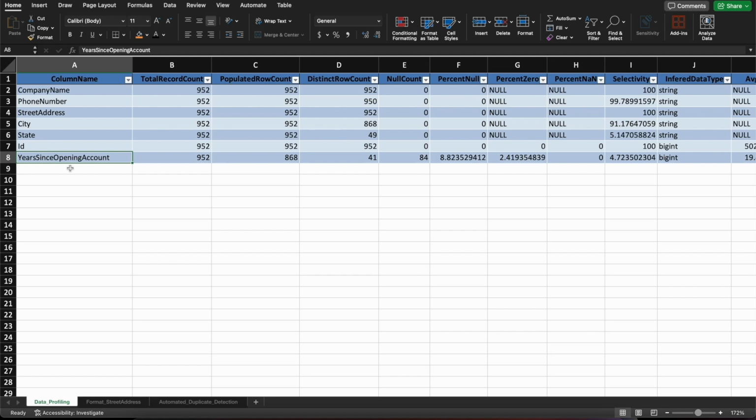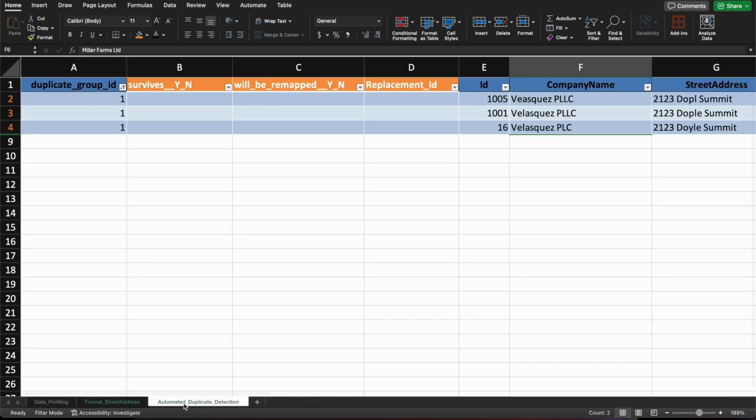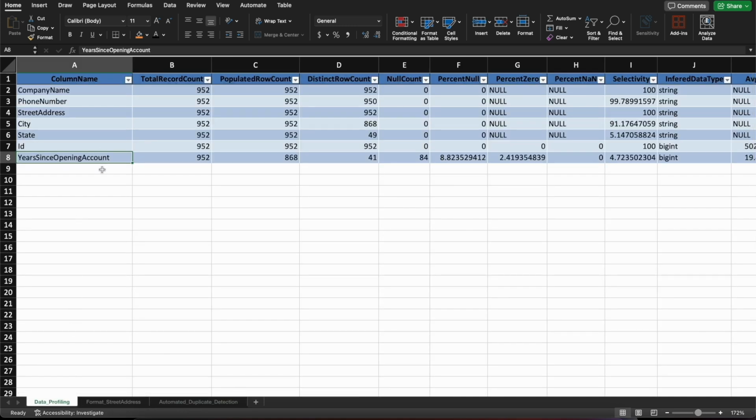Now that the DQA is completed running, we can take a look at the output sheet, and you'll notice that there are now 3 tabs in this Excel sheet. We have data profiling, format street address, and automated duplicate detection. These are the 3 features that we ran, and they were all compiled into a single Excel sheet for business